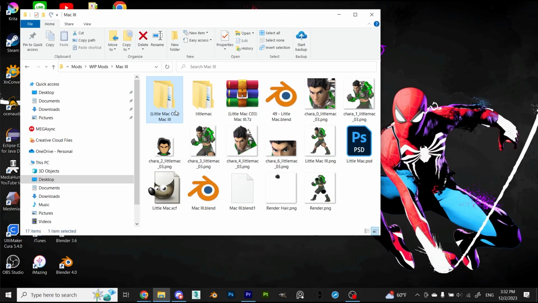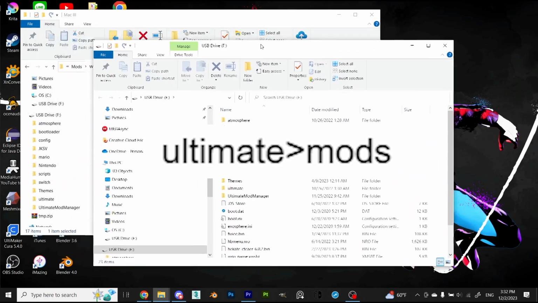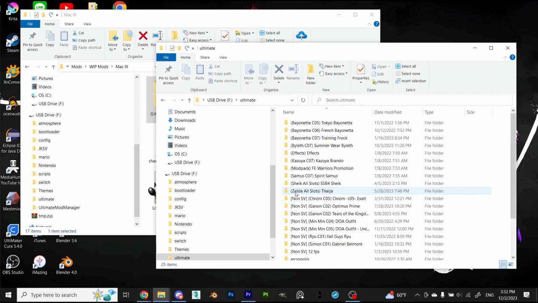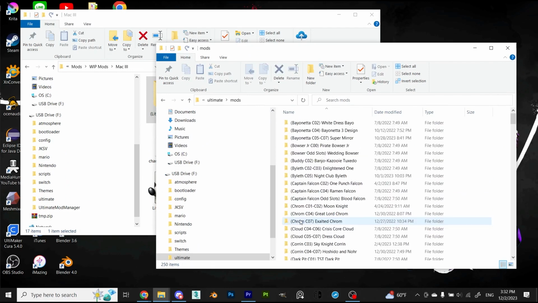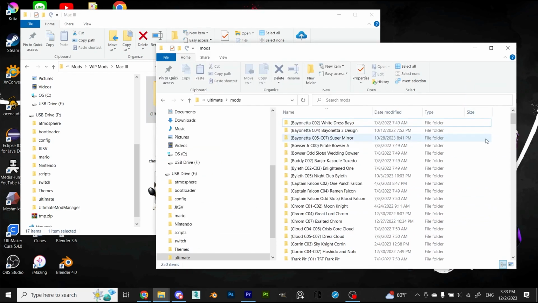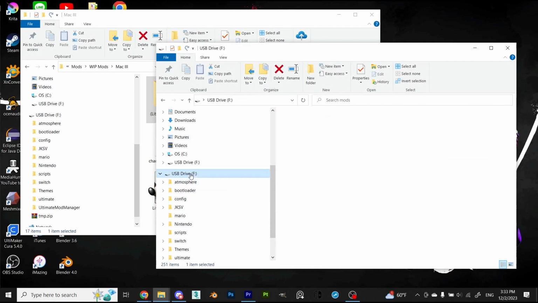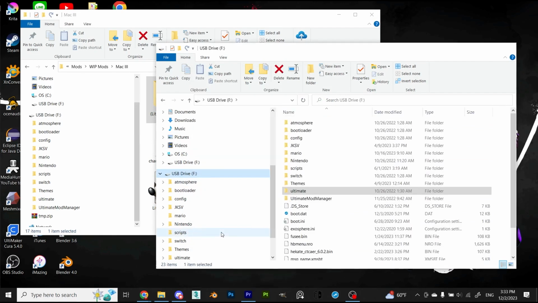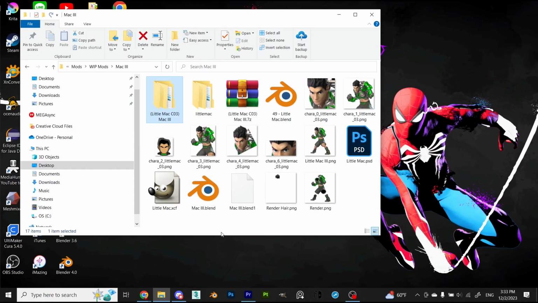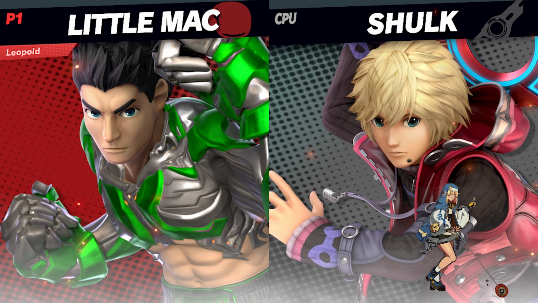Okay, I'm back now. Open up your Switch SD card to your computer. From the root, go to this file directory and drag your mod into the mods folder. You are now done and you can test it. And look at that. It looked great. Probably, right? Yeah. Congratulations, you did it.